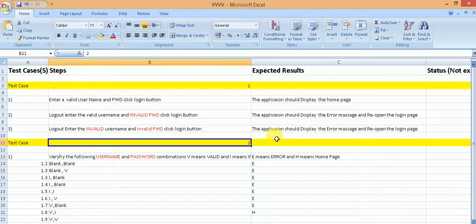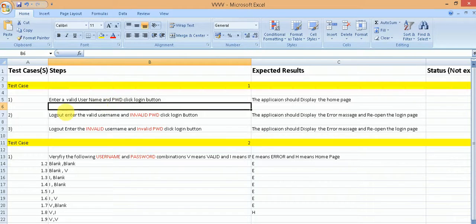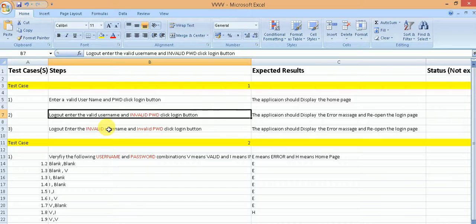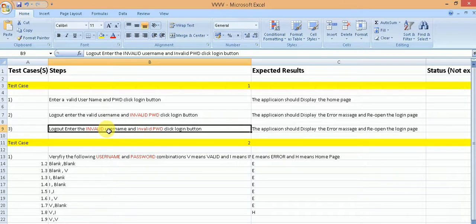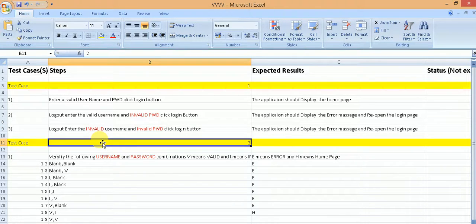And also, if you notice carefully, this does not test all the negative combinations. For example, it does test for valid username and valid password. How about not giving a username and not giving a password and just clicking on the login button? Well, that is not covered here. Then an invalid username and a valid password, that means a username that does not exist in the application data store but a password that does, that combination is not there.